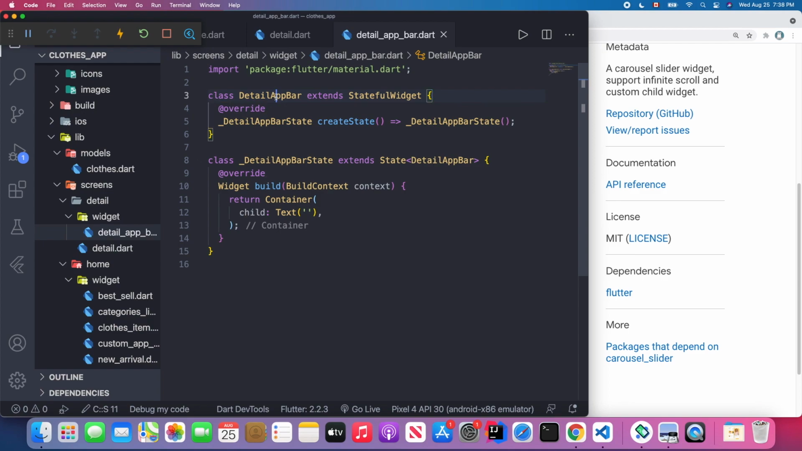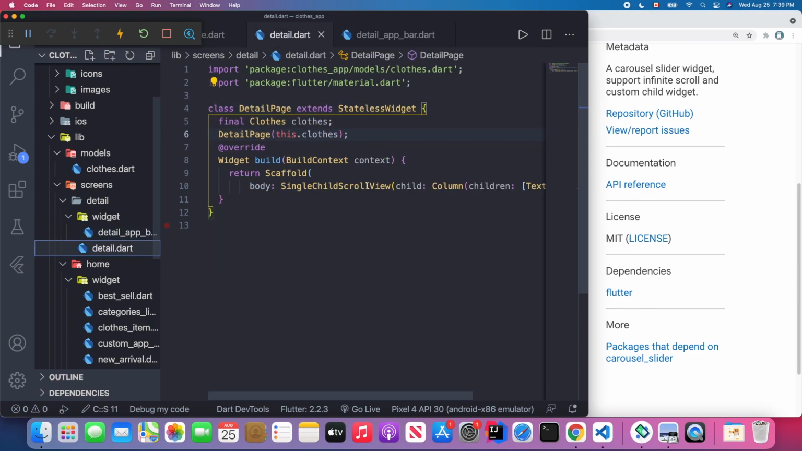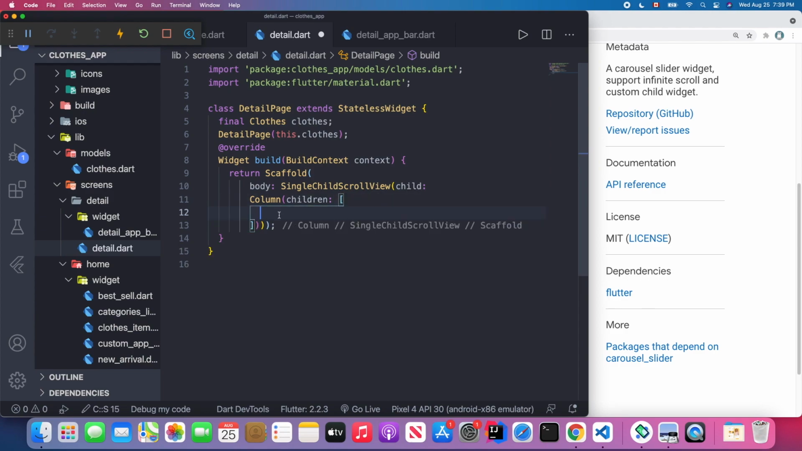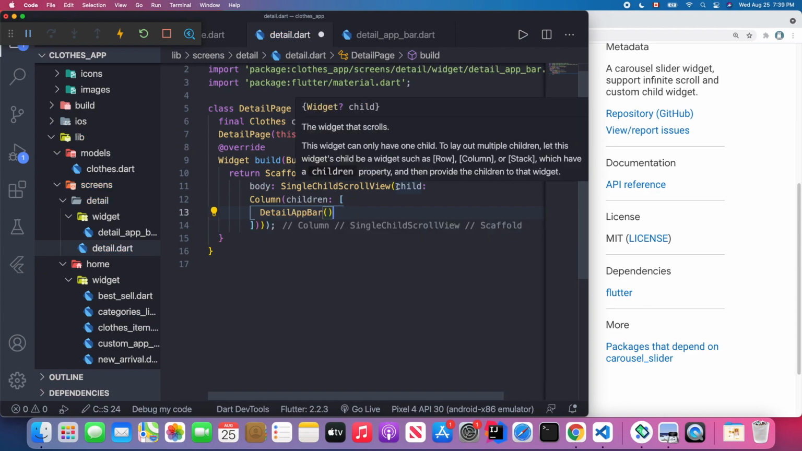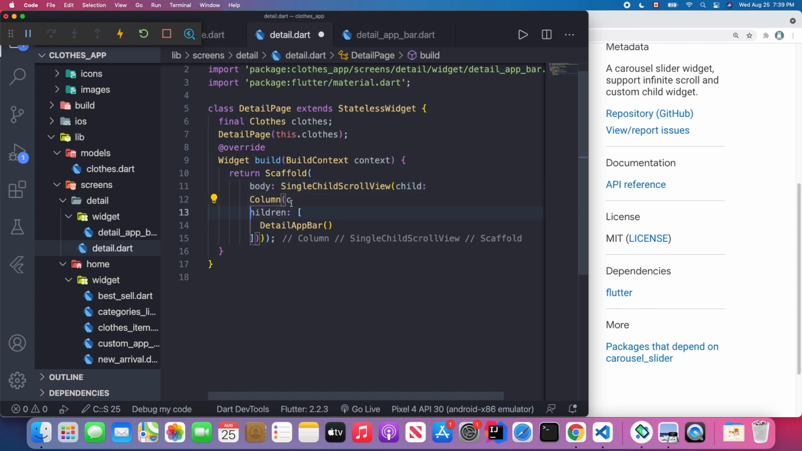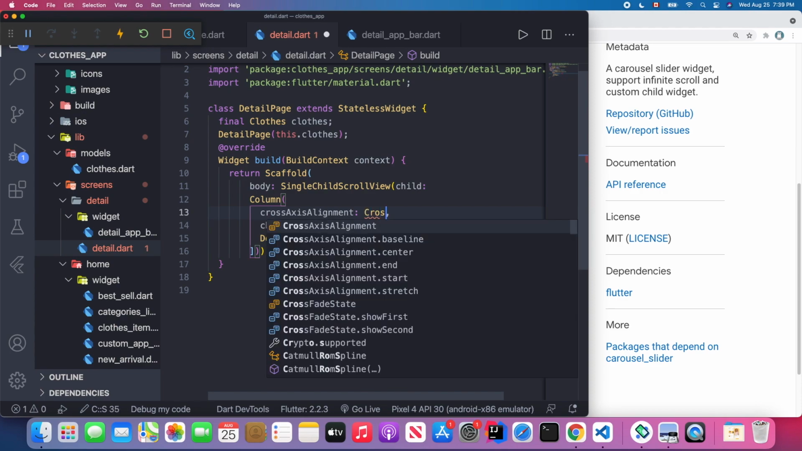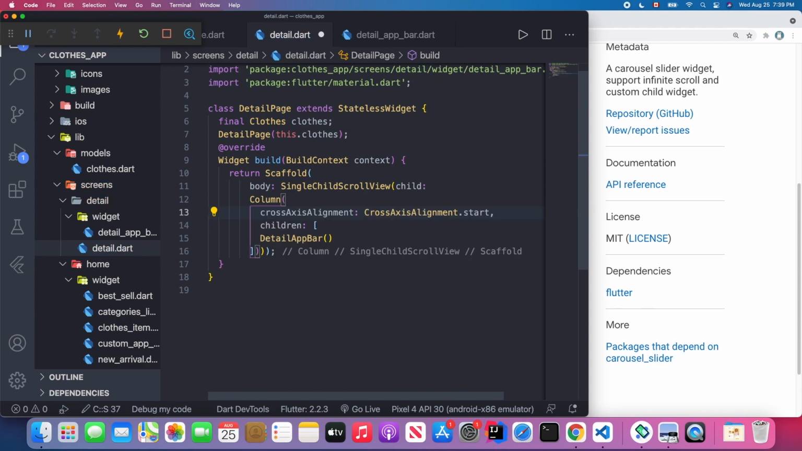I'm going to import this detail app bar in our detail file. So back to our detail file, and I'm going to delete this text widget and change to our detail app bar. And also I'm going to set this cross alignment for this column to be start. Okay, let's save